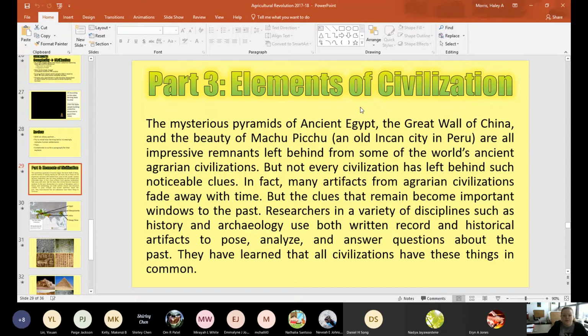All of those mysteries, the pyramids, the Great Wall, Machu Picchu, are impressive remnants left behind from some of the world's ancient agrarian civilizations. But not every civilization has left behind such noticeable clues. In fact, many artifacts from agrarian civilizations fade away with time. But the clues that remain become important windows to the past. Researchers in a variety of disciplines, such as history and archaeology, use both written records and historical artifacts to pose, analyze, and answer questions about the past. They have learned that all civilizations have things in common. We've learned that through being able to study old